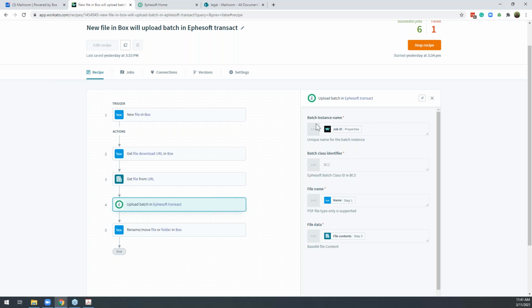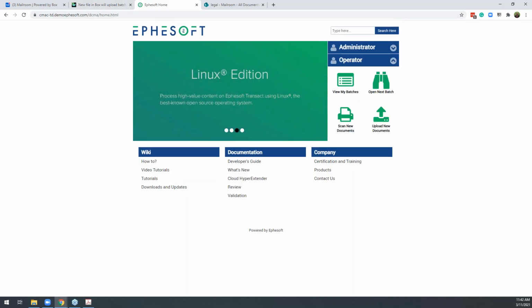Basically, there are some very simple parameters that you map in: the batch instance name, the batch class identifier, which is a system level field inside Transact, the name, and the file itself. Having that information allows us to trigger an event inside Ephesoft Transact.